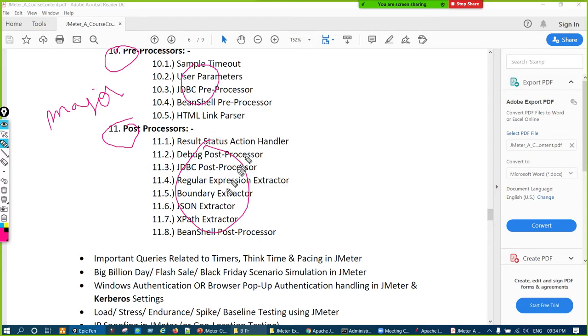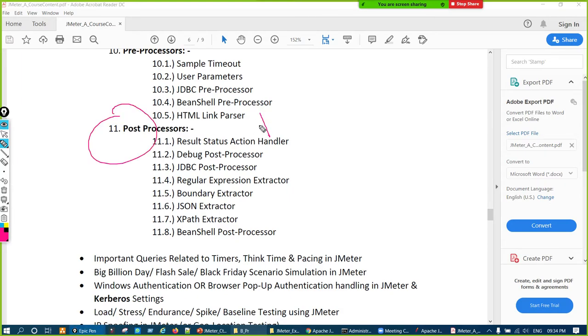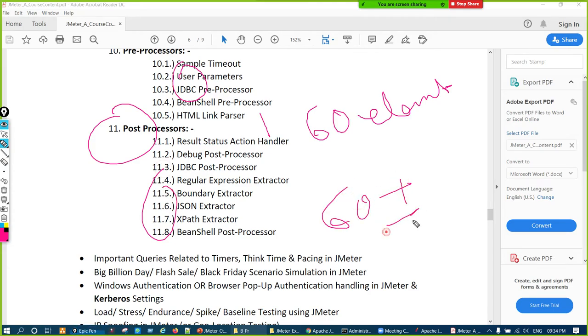On an average, if you total them up, say 5 here, 8 here, there are 60 plus elements in JMeter.